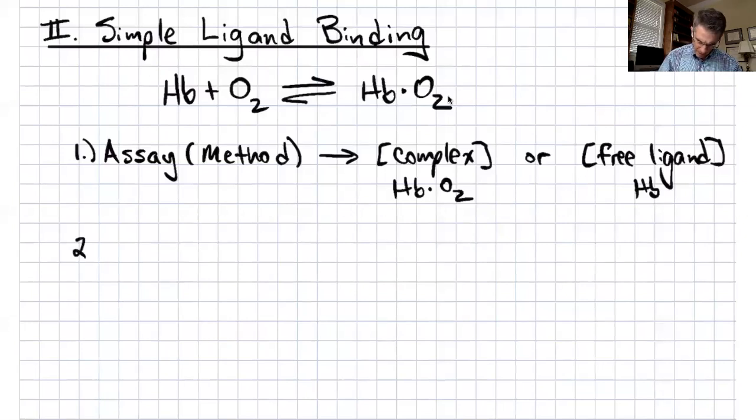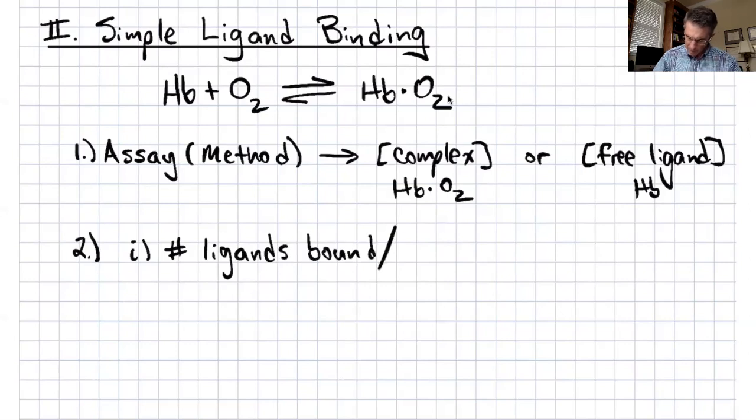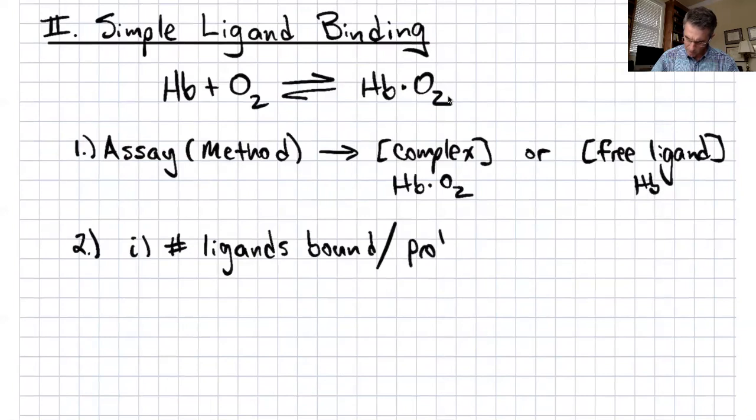Second thing you got to know is some things you want to measure. And in the case of ligand binding like this, simple ligand binding, there are usually a couple of initial things you want to measure, right? The first is you want to know the number of ligands bound per protein molecule,